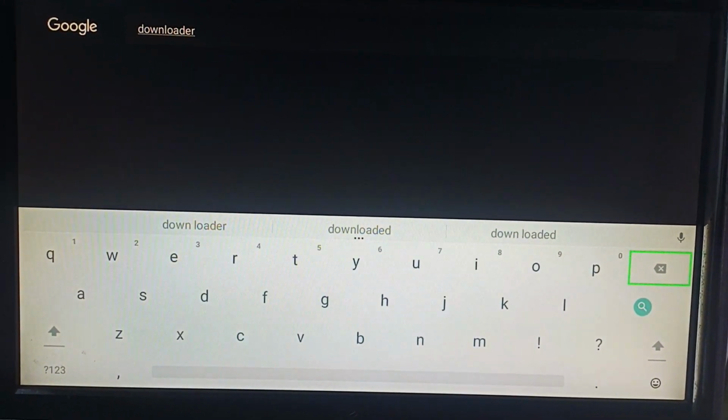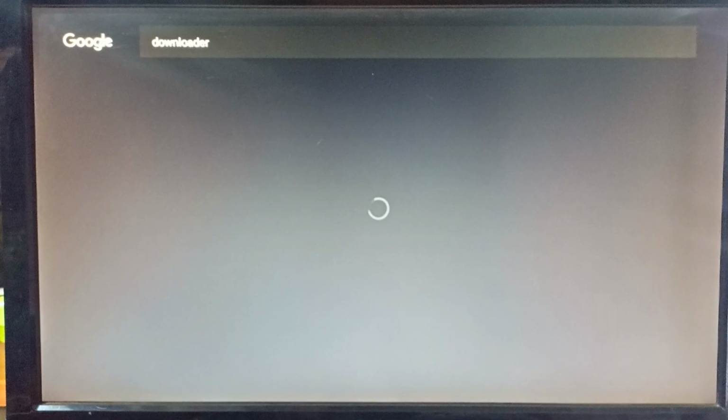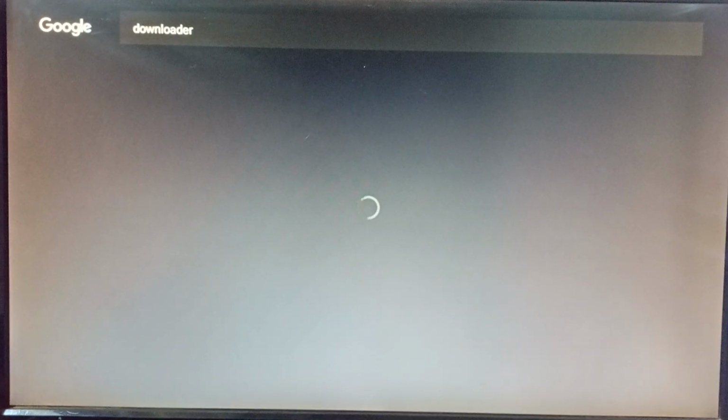Then you'll have to go and click search. If this method doesn't work, you will need to go back to